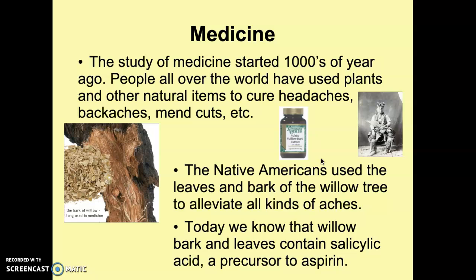And coming back to where we started, Native Americans, they were examples of people who used many different types of plants and other natural items as forms of medicine. And you can still use willow bark to cure aches and pains, much like aspirin does, because of the compound that's in it. So this compound, salicylic acid, is a natural pain reducer, and maybe they didn't know what salicylic acid was, but they were able to, as a people, understand that it did